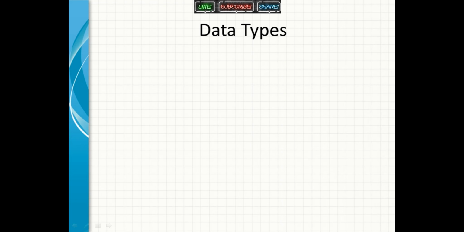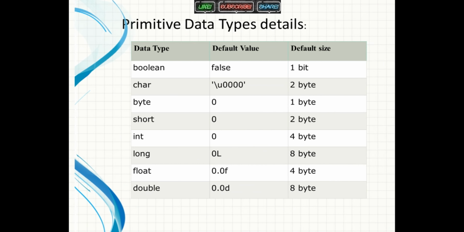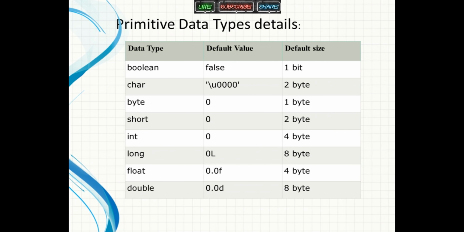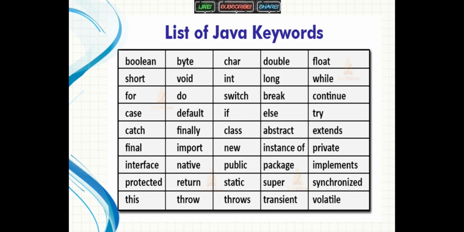Hi friends, welcome back. I am Rekha and in my previous video we discussed Java variables and data types. The data types specify the different sizes and values that can be stored in the variable. There are two types of data types: primitive data types and non-primitive data types. We are going to see non-primitive data types in coming videos also. These are the different primitive, meaning predefined, data types. There are 8 different primitive data types: byte, boolean, and so on. And this is a list of Java keywords which are key to the code.